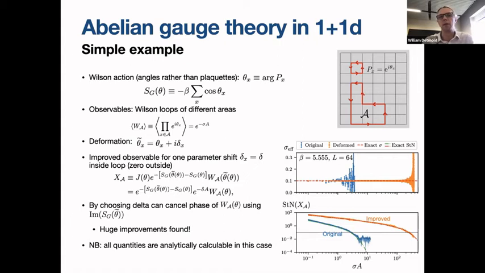So my e to the minus beta sum over plaquette plus plaquette daggers, I can write just in terms of cosine of the angle that's the argument of the plaquette. And the observables I'm going to think about are going to be Wilson loops of different areas. Okay. So those Wilson loops are just products of plaquettes,